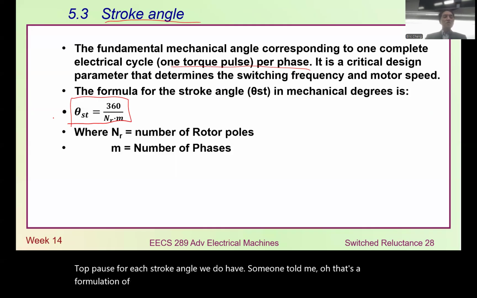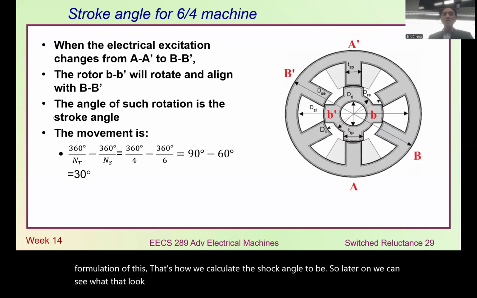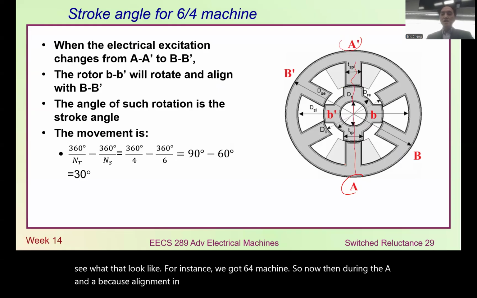That's how we calculate the stroke angle. Later on, we can see what that looks like. For instance, we have a 6-4 machine. During the A and A, we have alignment here, right? So next,